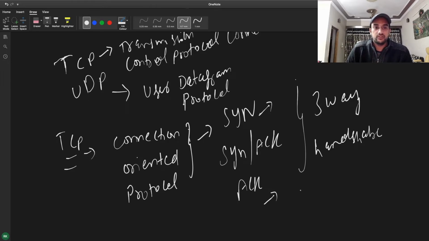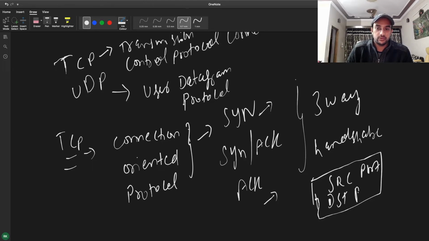So why do we need to create this? When we want to send some data, we have to create a connection first. Even if you are sending wget requests, HTTP is also a TCP-based protocol, using TCP as the transport layer protocol. We generally have to establish the connection, and only then can we send the particular packets. There are other fields involved in TCP too. There is a particular header for TCP, which has mainly two fields we are going to talk about: source port and destination port.